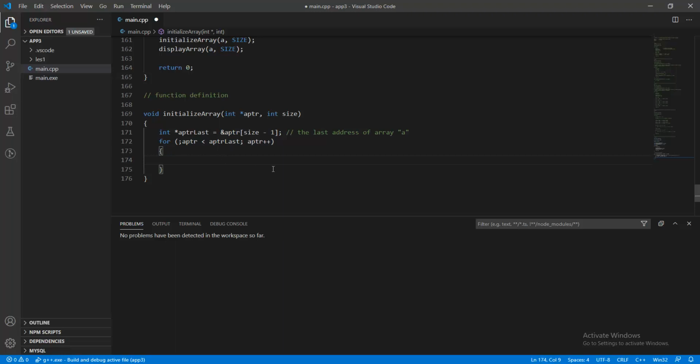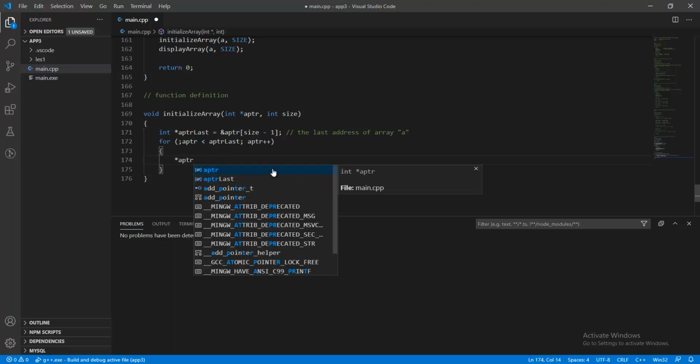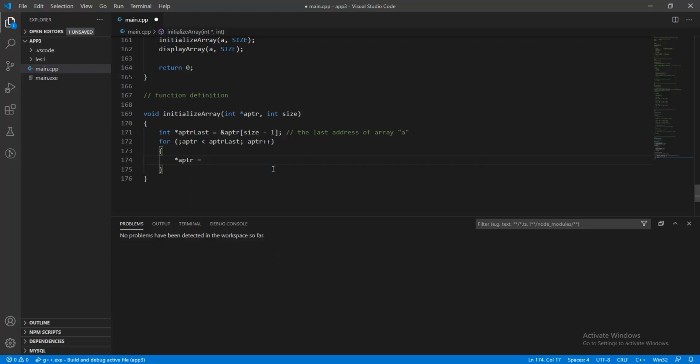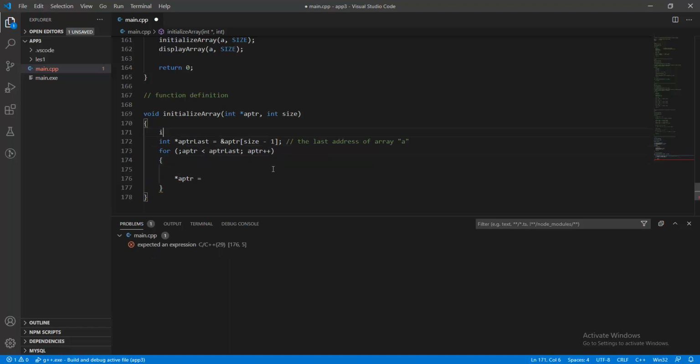And so we can reach the value of APTR, and then we can update its value with the definition of integer e equal to 0, and then e equal to e plus 5, and we can assign I variable in here. Okay,